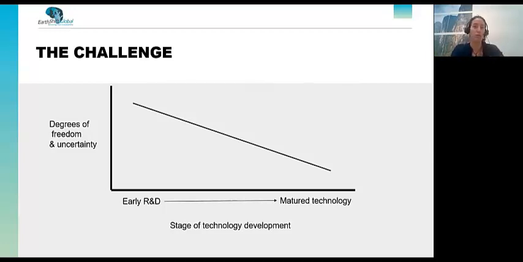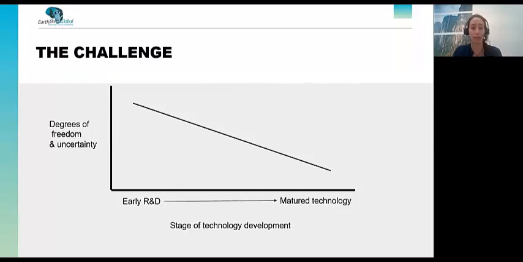In the y-axis, we have the degrees of freedom in the design. How many components of this product or this technology you are able to change. How many different configurations are you able to play with, right? This space is much greater at the beginning, where you're still tinkering and playing with the design. However, also in these early stages where you can explore the most configurations, you also have more uncertainty because it's early on and things are not defined yet.